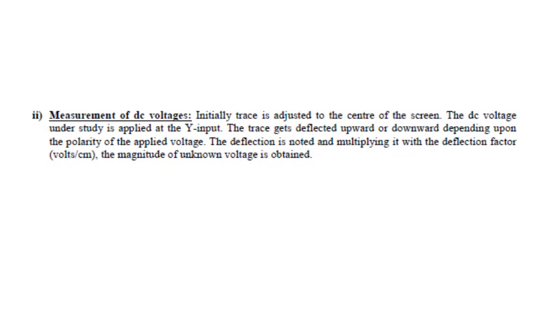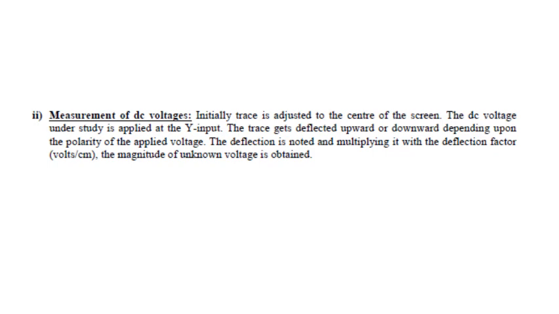For this, initially trace is adjusted to the center of the screen. The DC voltage that you want to check is applied on Y input. The trace will be there, which will deflect in an upward or downward direction depending upon the polarity of supply voltage. The deflection is noted and multiplied with the deflection factor. The deflection factor is given just near the knob,